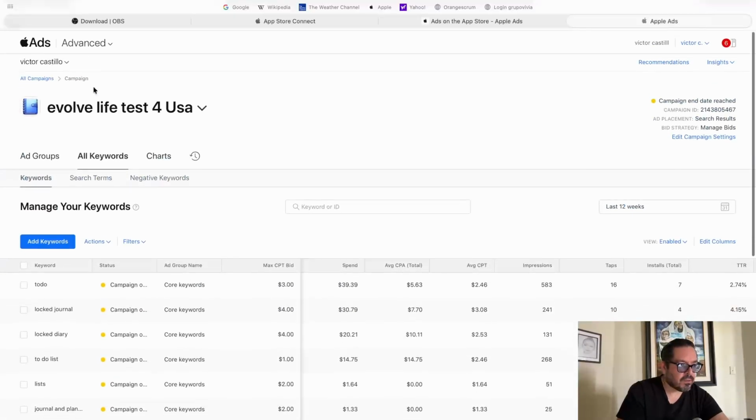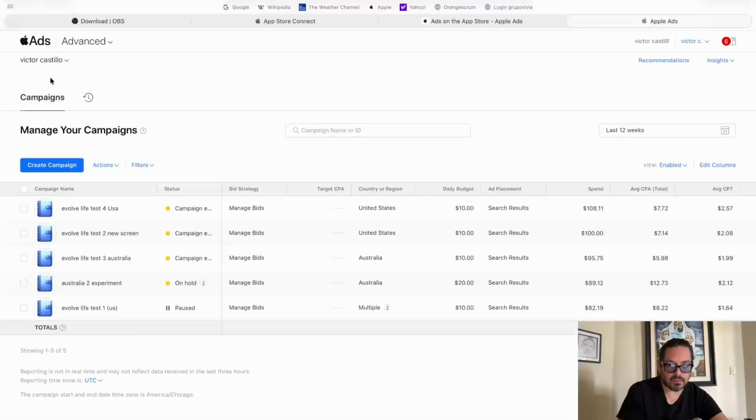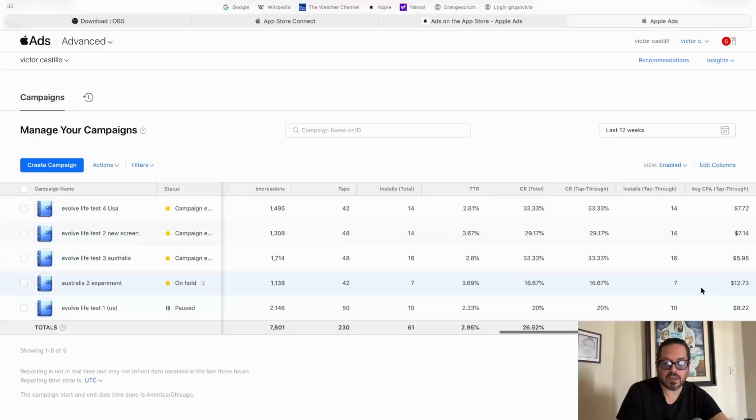Then at the end of it all, like I said, Apple somehow found a way to take my money and make it almost average. Not as bad as it went in the Australia campaign, and not as good as it went in the third Australia campaign, which actually I stopped short because it was getting crazy expensive.